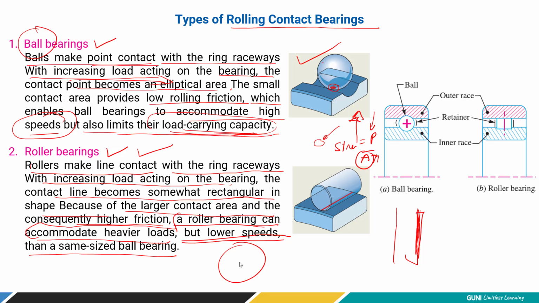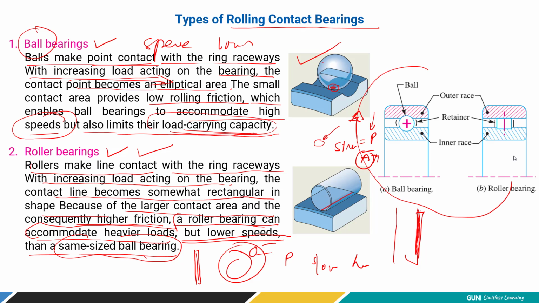If you compare with the same size ball bearing, the roller bearing is going to bear maximum load or higher load compared to the ball bearings, right? So if you choose the same size of bearings, that is ball bearing and roller bearing, the roller bearing is going to bear more load because its contact is rectangular or simply a thick line, with respect to the ball bearing where it is a point contact. So ball bearing simply offers higher speed, low load, and this is low speed, higher load, right?